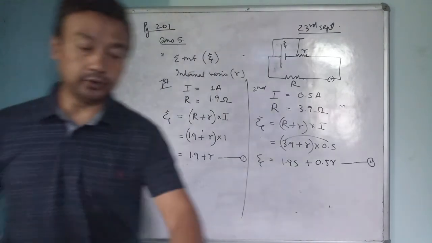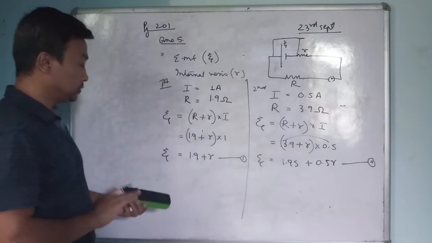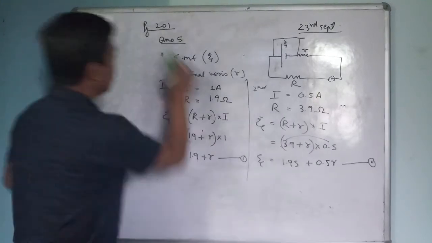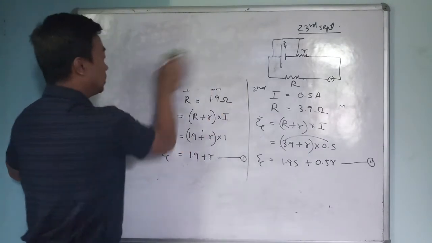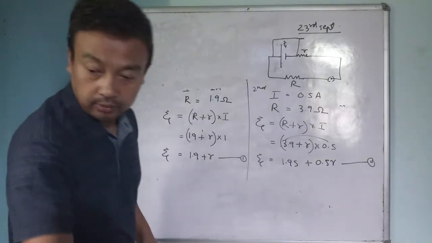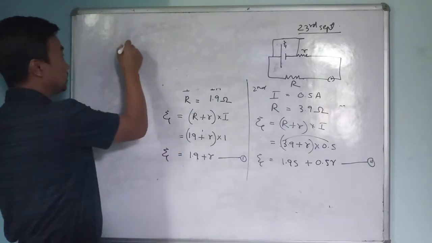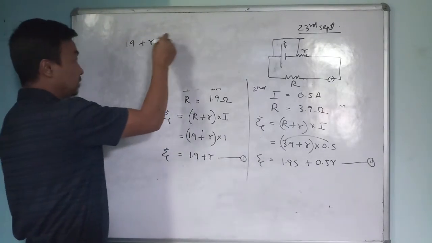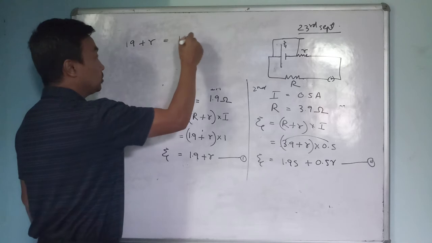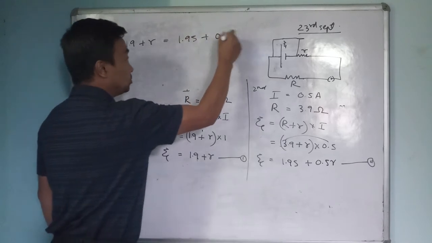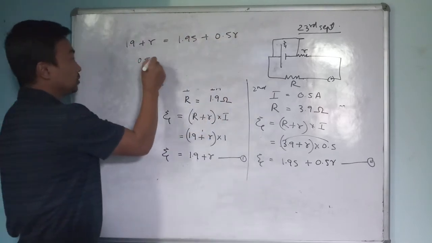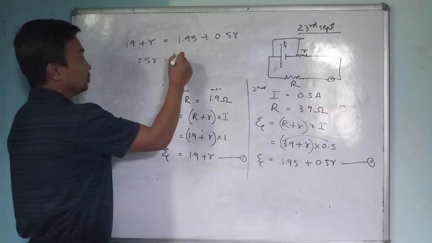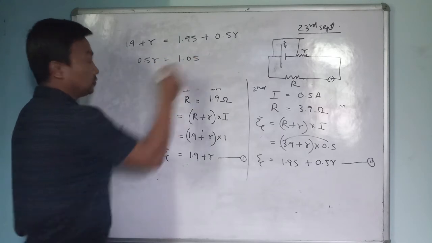Now what do you observe here is both the EMF is same, so let us take that 1.9 plus R equals 1.95 plus 0.5 R. If you cross multiply, you will get that 0.5 R equals